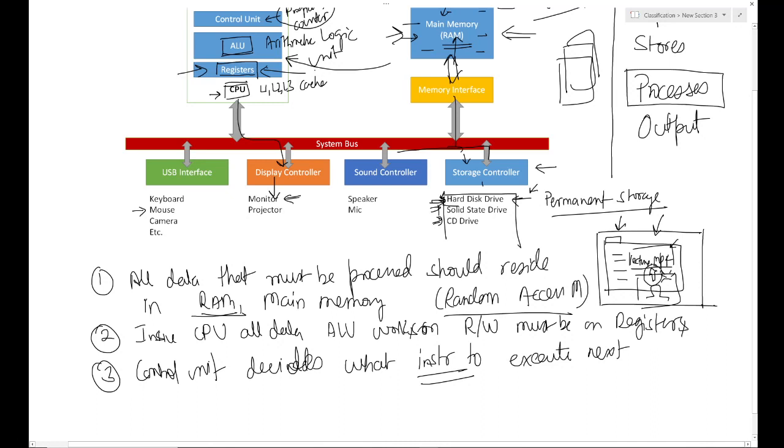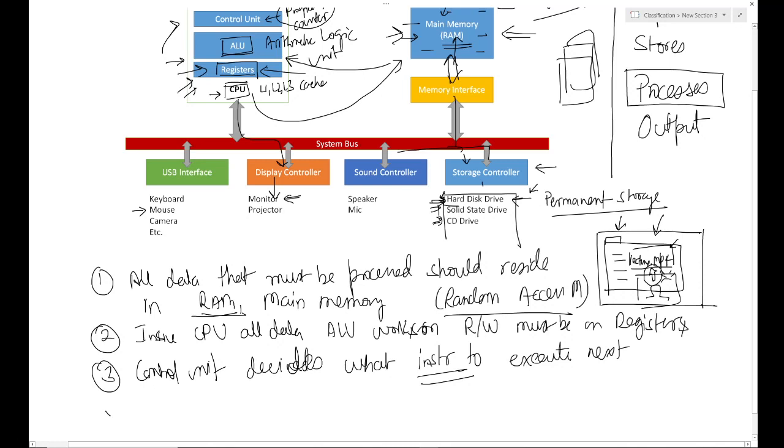One by one these will be fetched into the control unit. Again the instruction will be stored on the register, and then the data also will be stored in the registers, and that instruction will be executed. Data will be outputted to the register, and then data will be returned back to the main memory, and so on. This thing keeps happening over and over again.